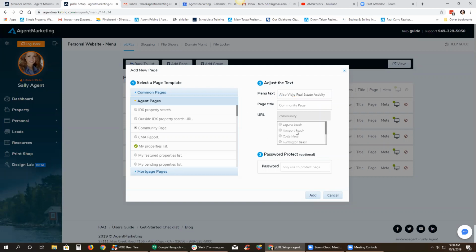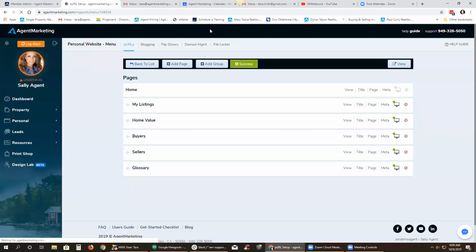Then just make sure you select the community you are putting onto your website, because you'll have a whole list here of the ones you've created the community pages for. So then you're just going to click here, and then you're going to click add. Then you're going to see it show up on the bottom here. This is a list of all the pages you have on your website. You can move it up and down if you want. Okay. Then when you go to view it,